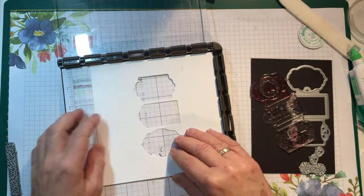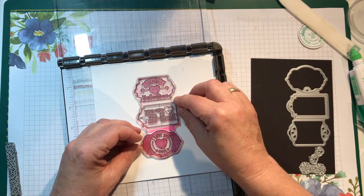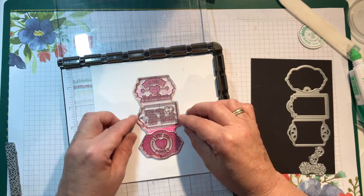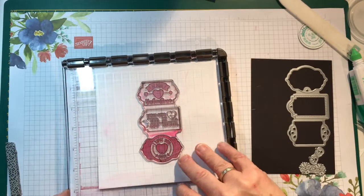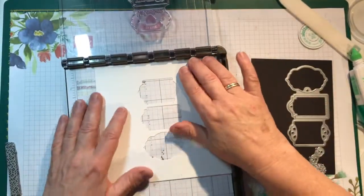Okay, so I'll take my stamp and line it up, and it has a little bit of a white edge, so you have to make sure that it's kind of in the middle of the outline. And I think I need to go a little bit more this way, like that. Okay, and then you drop your plate, and